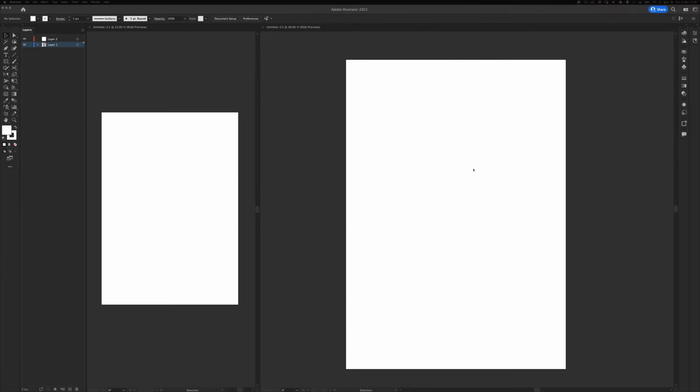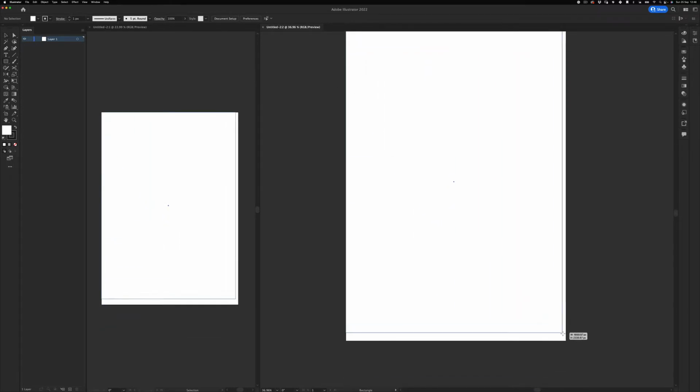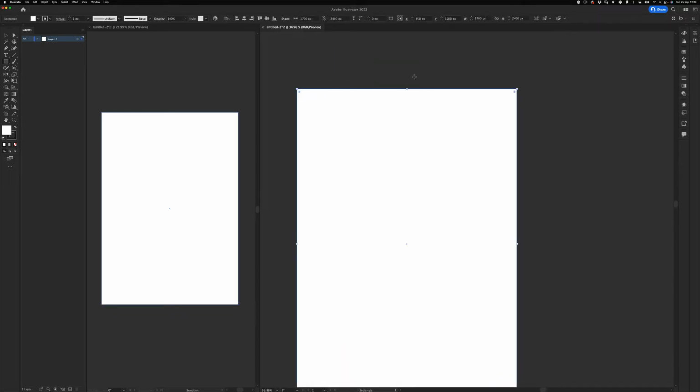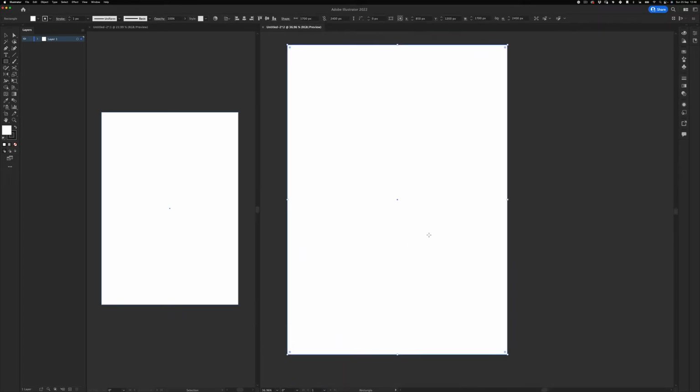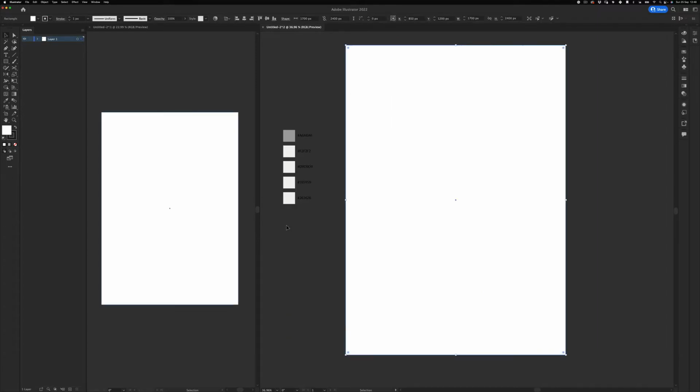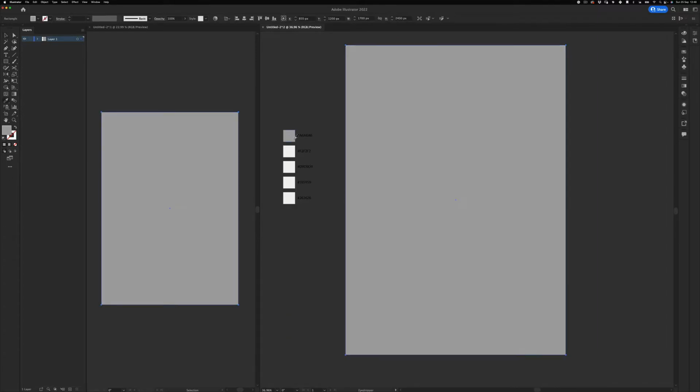So the first thing I want to do is start with the background. I'm gonna get the rectangle tool and make a perfect rectangle. By the way, I'm using 1700 by 2400 in resolution. For the background I'm gonna use a nice gray solid, and then I'm gonna lock the